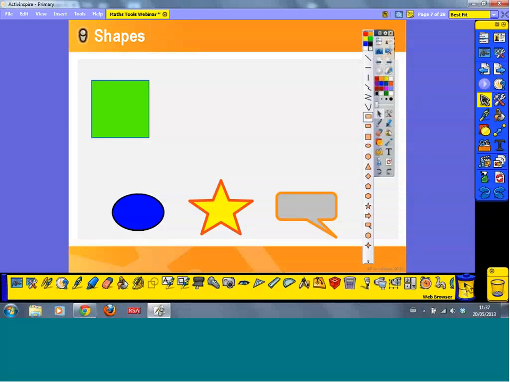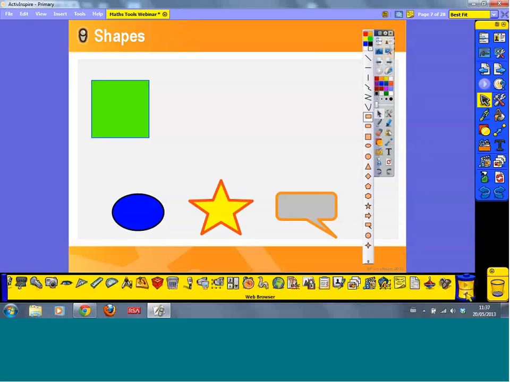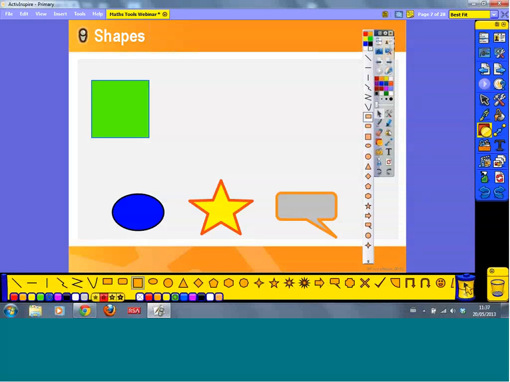In the primary skin, you'll see we've got this little arrow here. So this tells me that there are more shapes available to me. I'll go into shapes, see that? More shapes available to me. And in the studio skin, it's a little double arrow here. So again, I just choose the shape I want, and then choose the outline color, choose the line thickness, and